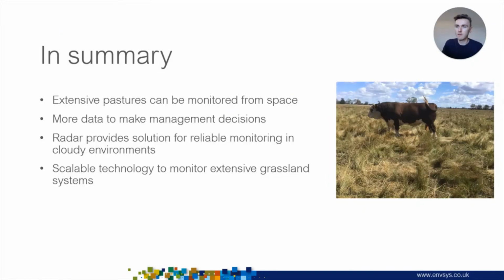In summary, both optical and radar satellite data are suitable for monitoring extensive grassland pastures. They can provide data that is usable for farmers to make more informed management decisions. The unique selling point of our radar approach is the consistency of the data. Even on cloudy days, our model will provide a grassland reading. And finally, the technology is highly scalable and can cover thousands of hectares in a single pass, reducing the requirement for more traditional methods, or simply measuring grass where it was not previously feasible to do so.